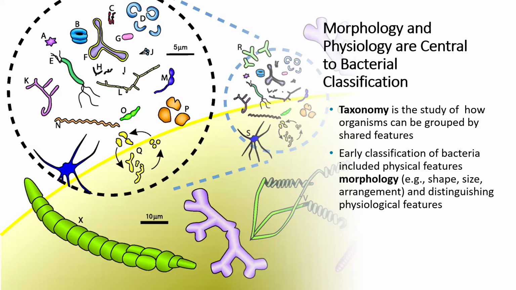So taxonomy is the study of how different organisms are grouped, and that's usually based on shared features. Now, originally that was based on morphological features like shape, size, and arrangement, and physiological features such as metabolism and survival ability under different conditions. More recently, taxonomy has been going more towards genetic components, but we're going to just talk about some of the